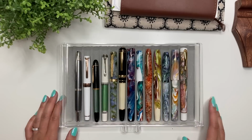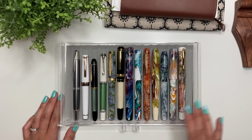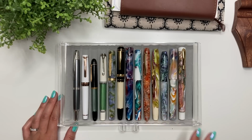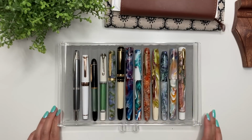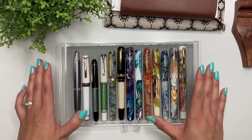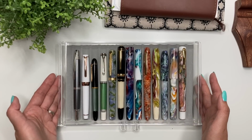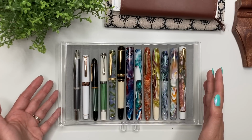All right, so I'm looking at this, and if my collection was just these 13 pens today, I would be very happy with this. And I mean, I look at the pens that are not in this, the ones that are over here and over here, and I'm okay with those not being in my collection if I had to just limit it to these 13, which is crazy for me to say,